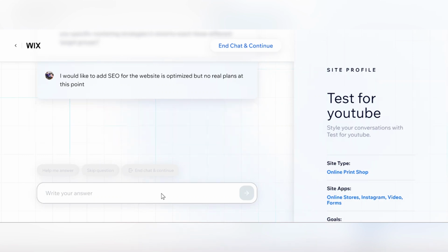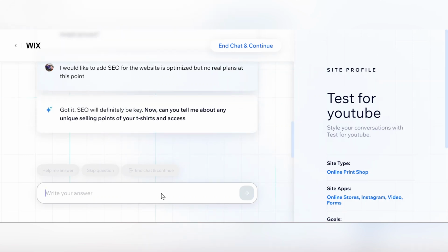So here soon, in the next question or two, it's going to take us to the dashboard. Now, can you tell me about the unique selling points that your t-shirts and accessories